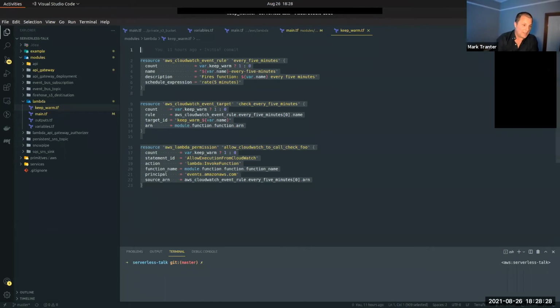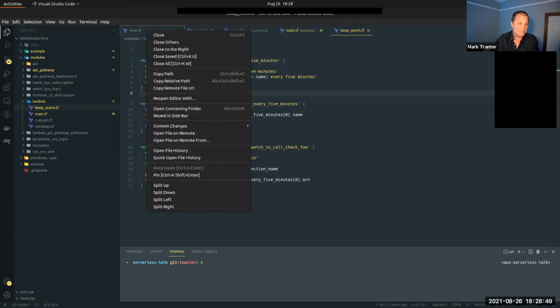But if we have something like a CloudWatch event rule, just a cron, every 5 minutes we ping your Lambda function with a dummy event just to keep it awake. And again, this is all parameterized. Terraform has this idea of how many of these resources would you like me to create? If you've passed me the keep warm parameter, I'll have one of them, otherwise I won't have any of them.